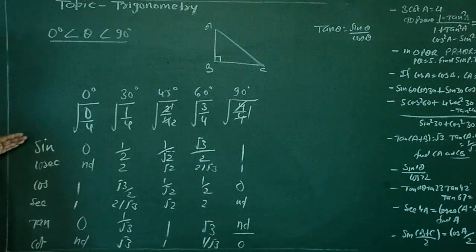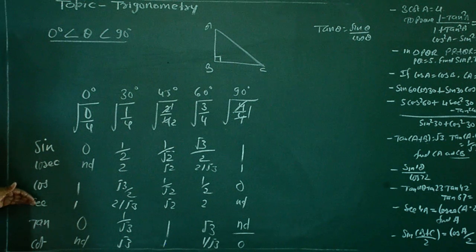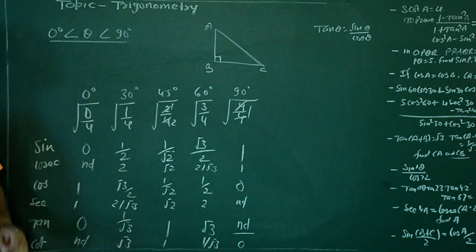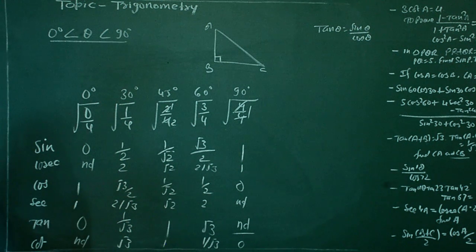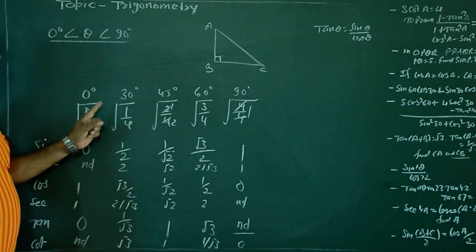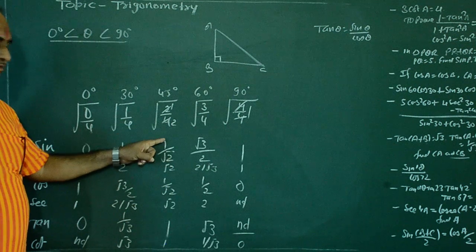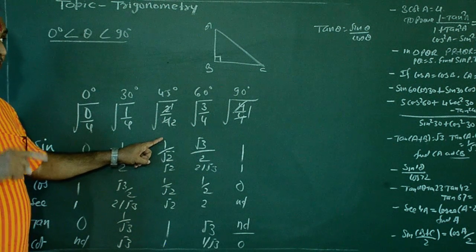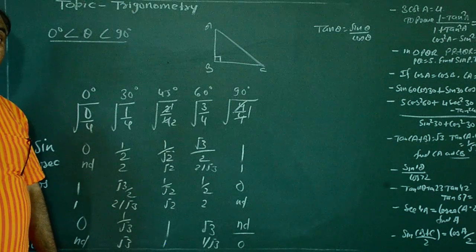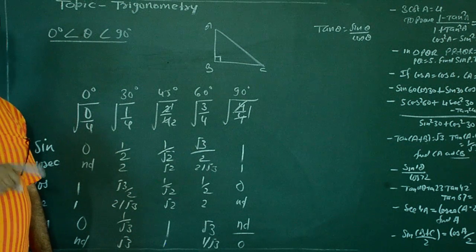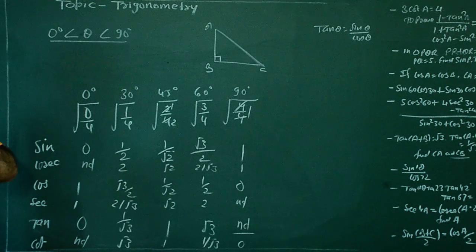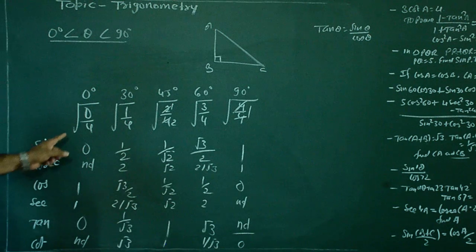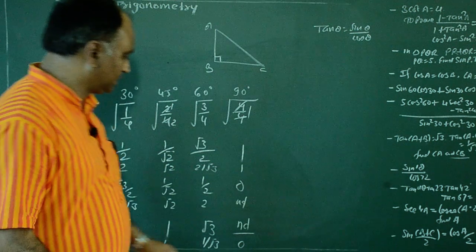Sine, cosec, cos, sec, tan and cot. So you have here the values of sine, cosec, cos, sec, tan and cot. You can find the value here, and you can also learn it. Not only can, you have to learn it. 100% you will have to learn it. I have said it 3 times because it is so compulsory for you. If you have learned it, only then can you solve your question.